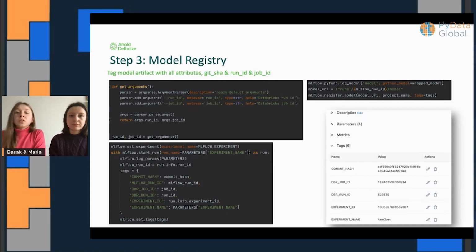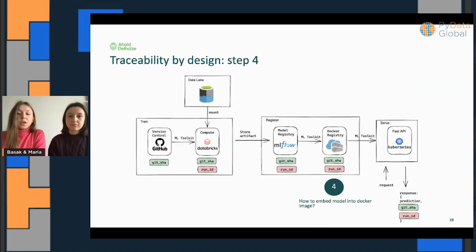So we use the register model function to pass those tags that are defined here. And when we do so, we can go back to the Databricks workspace and look at how our models are registered. Then you see that all this information is available there: the commit hash, job ID, run ID, experiment ID, and the experiment name we passed in this case, which makes it actually searchable, which brings us to the next step.